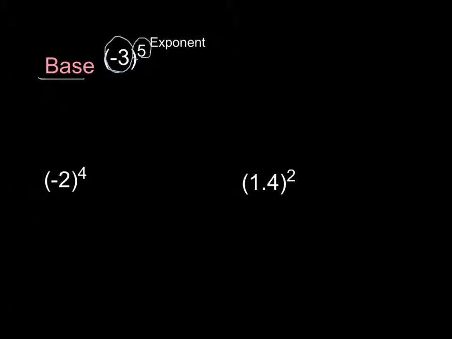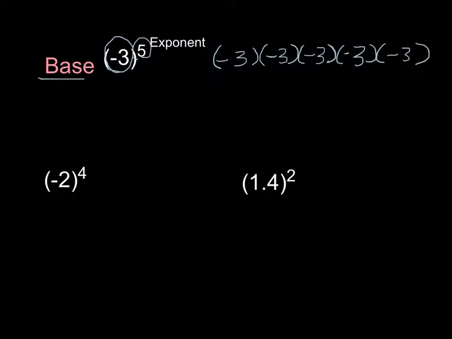And in exponents, the relationship is a multiplication one. So to solve this problem, I would write the base, and then I'd look at the exponent and it tells me how many times to repeat the base. In this case, it's 5. I'm going to write -3 5 times. To solve the problem, I'm going to start with 2 digits at a time. So underline what you're going to